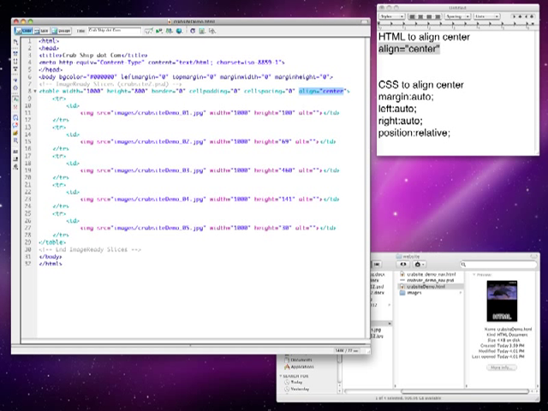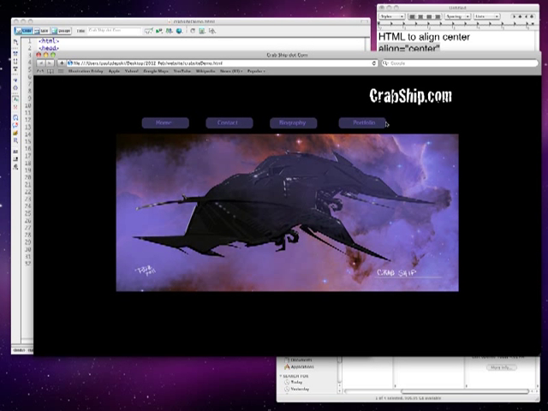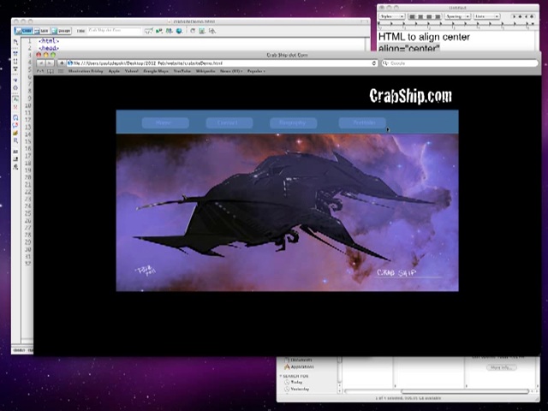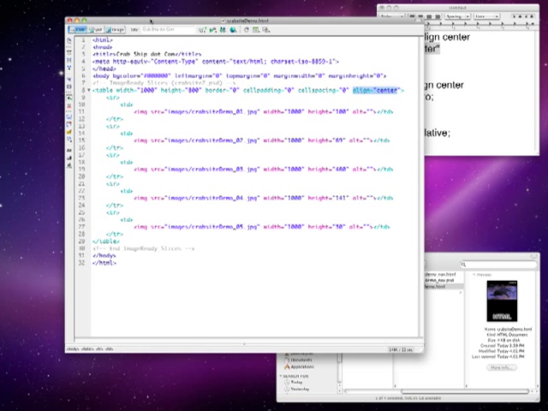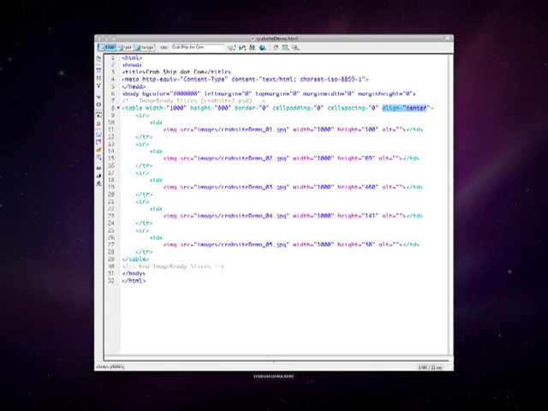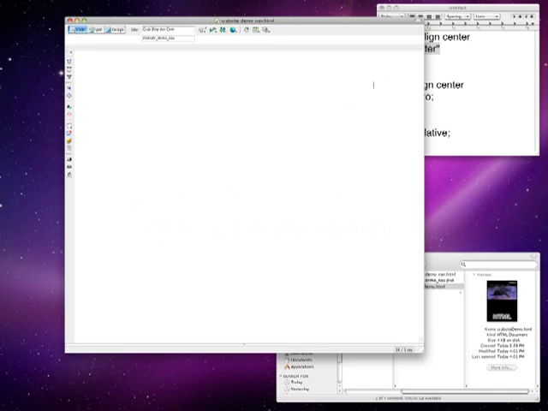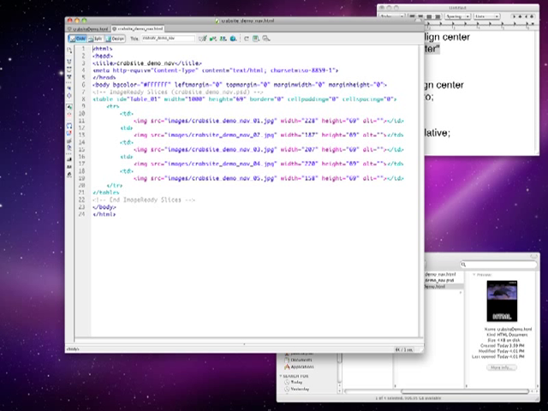Back to my original full page code. As you can see, here it is. This is the one with the picture of my navigation. Now I want to replace this picture with my new code HTML table. So I'm going to open up Crab Demo Nav in Dreamweaver, and you'll notice, as you can see from the top to the bottom, that's a table. Well, here also, this is also a table, but this one is